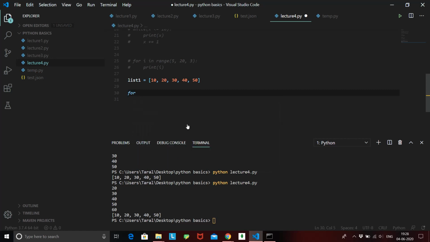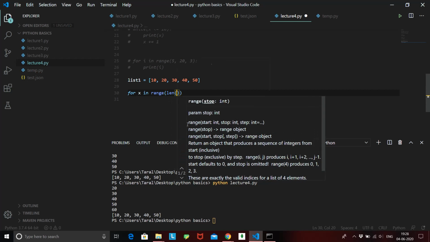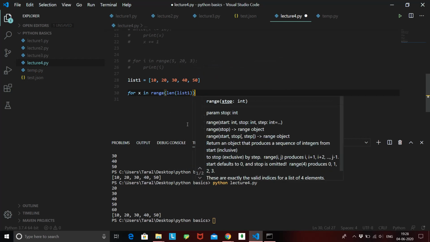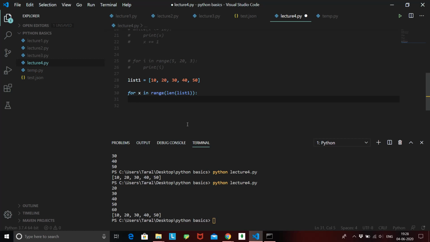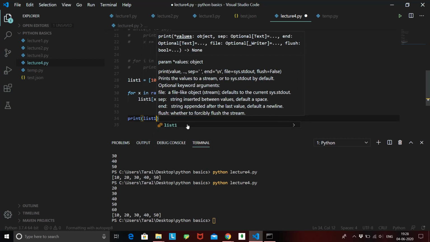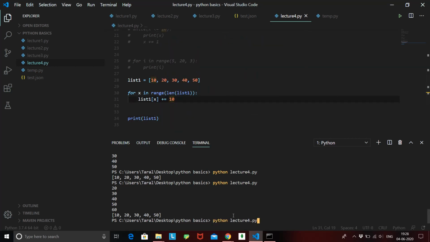We'll say for x in range, just see the syntax: for x in range, length of list1, list1 of x plus equal to 10. And now if we do print list1, I'll just run it and then explain the code.